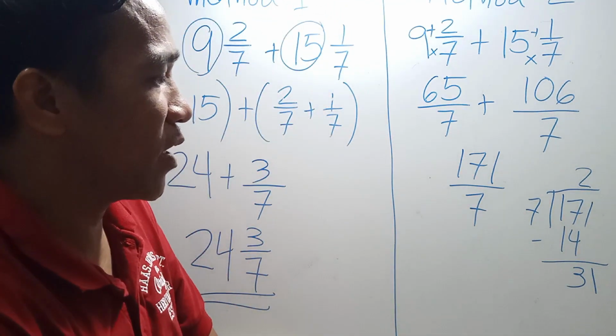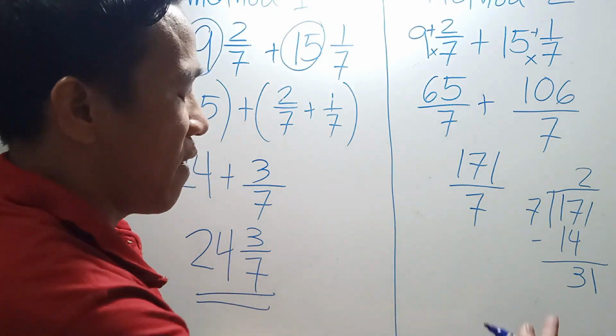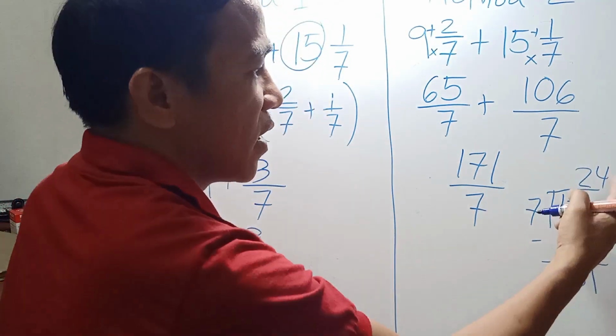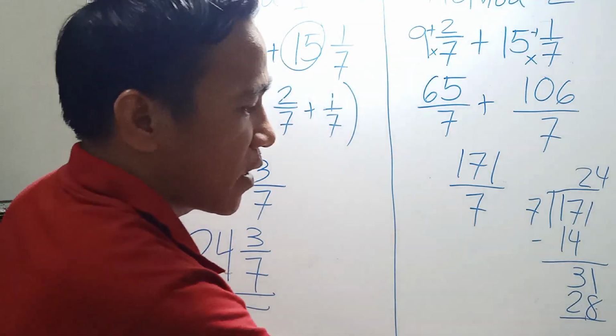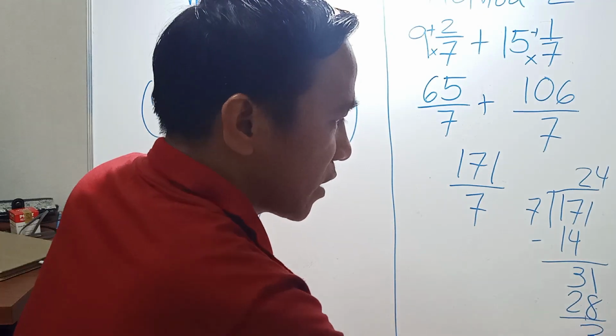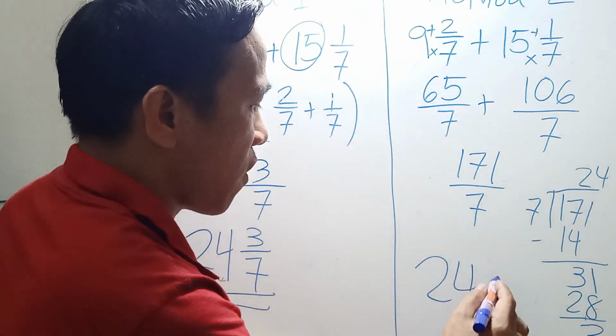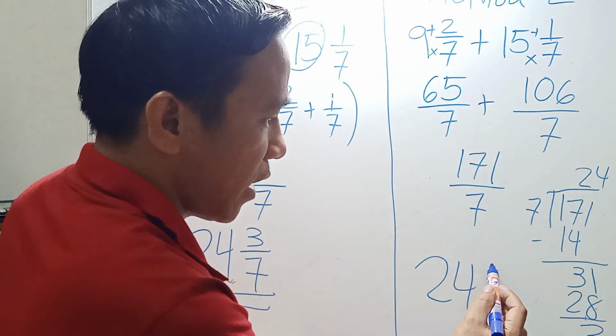So how many 7 can you make from 31? And you can make 4. 7 times 4, 28, remainder 3. So the answer will become 24 and